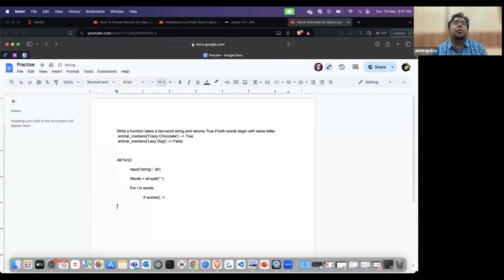Can you tell me how I can check if the starting letter is a C, I mean the character? You have to check basically whether it begins with the same letter or not. So I need to check the first starting letter.